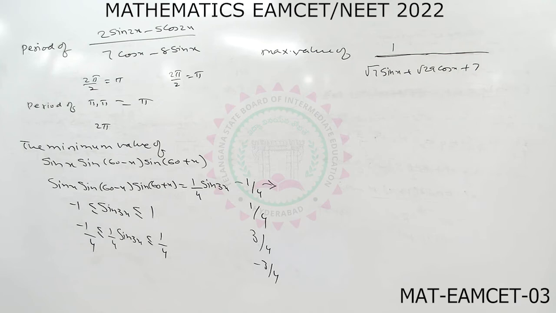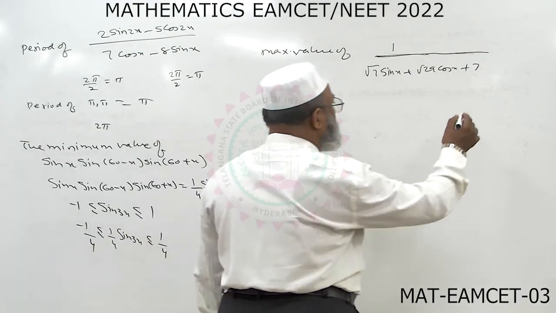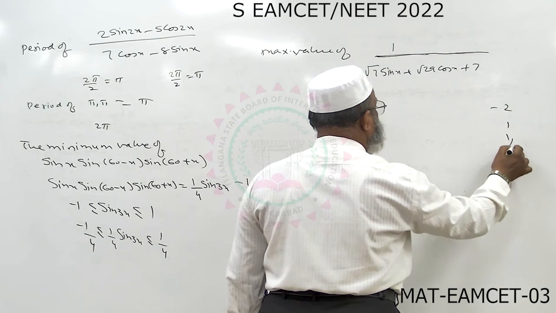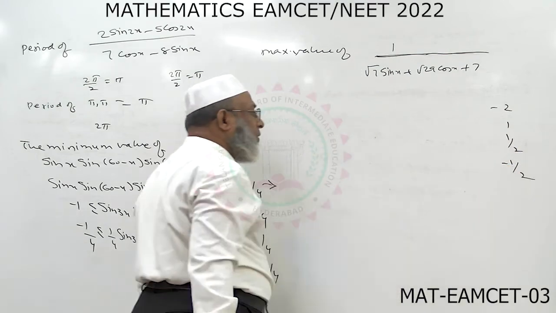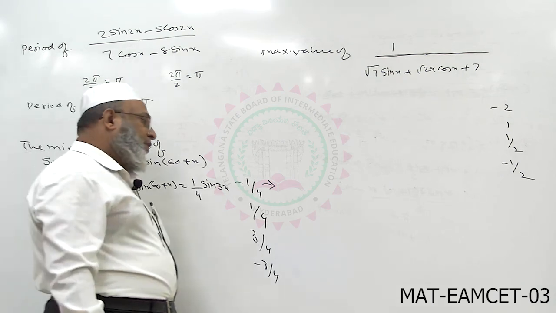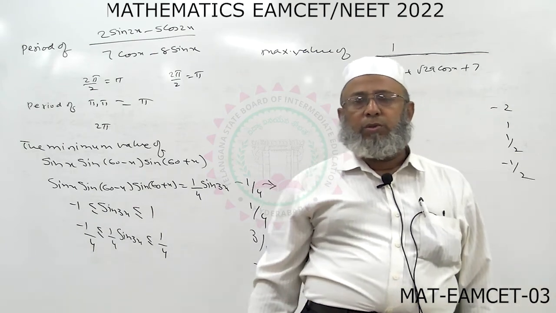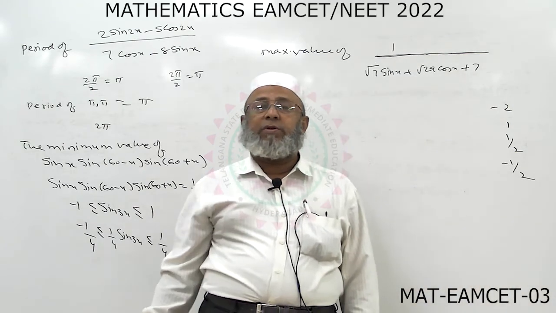Options are minus 2, 1, 1 by 2 and minus 1 by 2. So, you may note that if you ask the maximum value, we use the formula